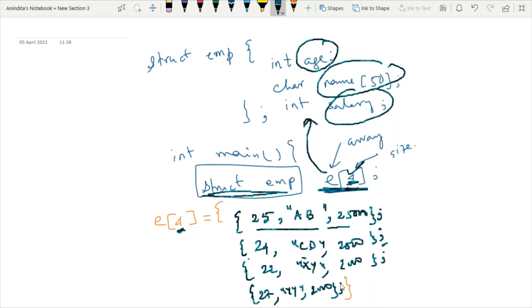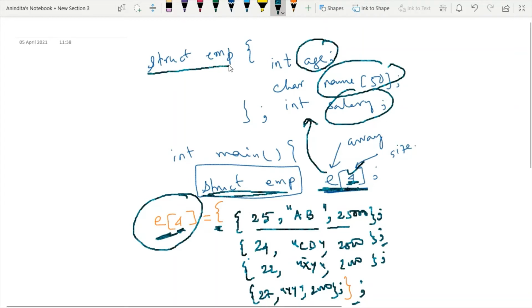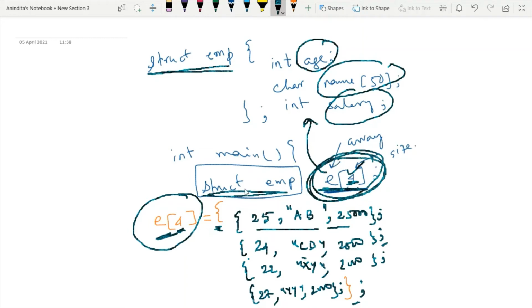Then it ends with a semicolon. Then this declaration should end with another semicolon. So this is how you can take entry for an array which is an array of type struct variable or struct data type, right? So this is one kind of initialization that you could use when you have an array variable for a specific structure type.